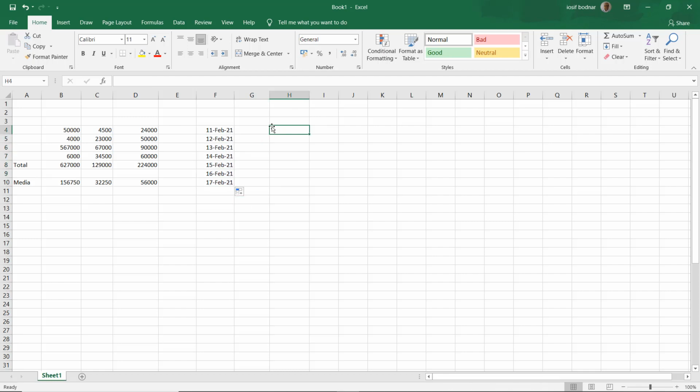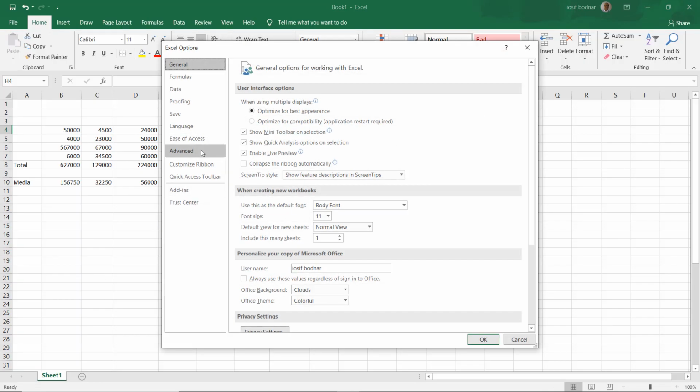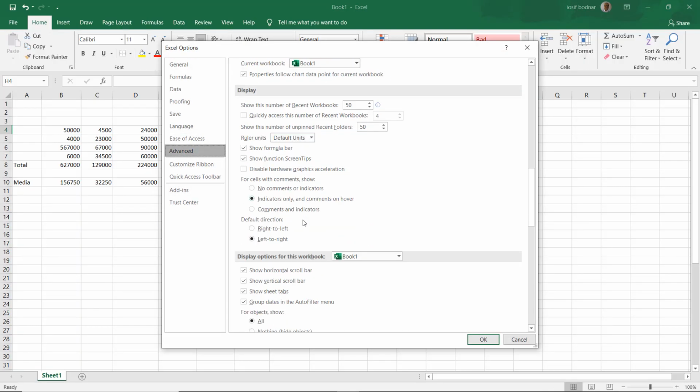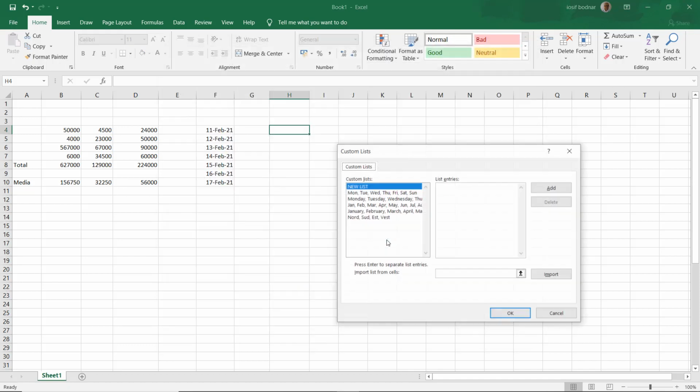So now let's see, to the end, how Autofill works with a custom list. Let's go to File, Options, select Advanced, and go down here. Where is this Edit Custom Lists? Just click on it, and let's create one here. Click on this box, the list entries, and type your custom list, like